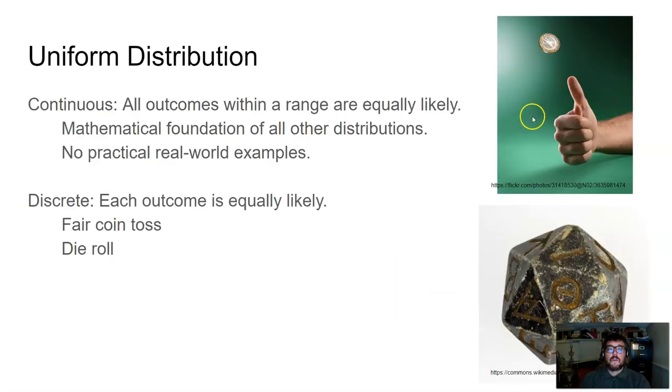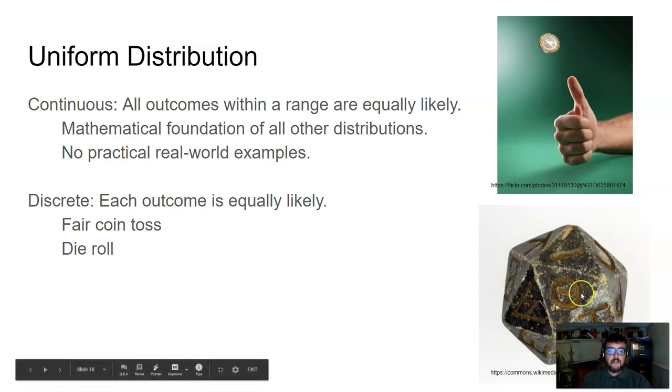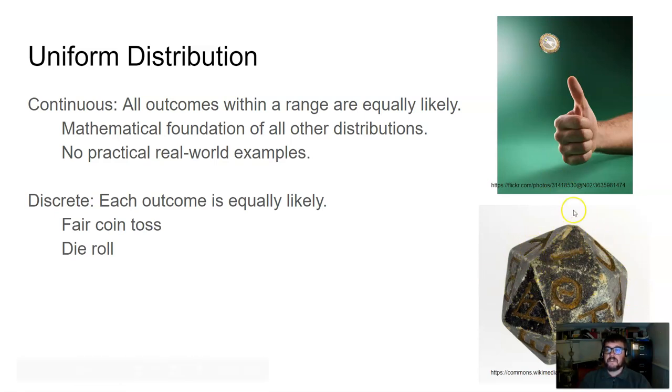The other thing that's cool and useful is the uniform distribution. Like the normal distribution, it's continuous, but unlike the normal distribution, all outcomes within a range are equally likely. There aren't any real world examples of uniform distribution. The coin flip gives you a discrete uniform distribution with only 2 outcomes. The 20-sided die roll that we did gives us 20, so it's getting closer to a continuous distribution, but still not